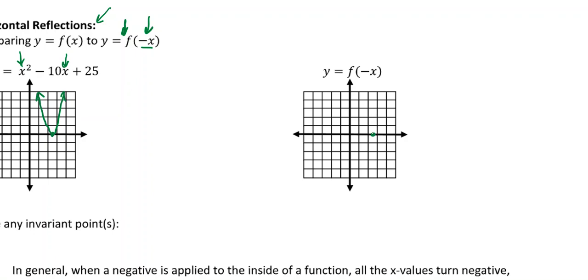Right, exactly. So now all your x values are going to turn out to be negative. And that makes sense, right? All of your x values are going to turn out to be negative, so any x value that you had will be the negative version of it. Okay? But it's going to reflect because let's say, you don't need to write this down,